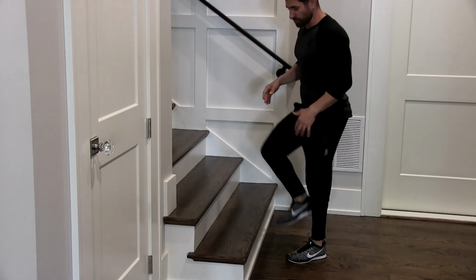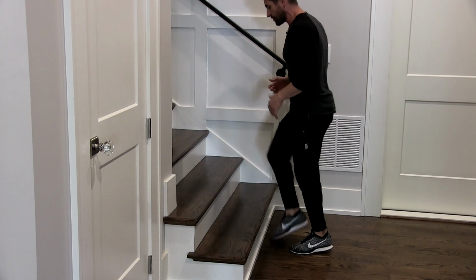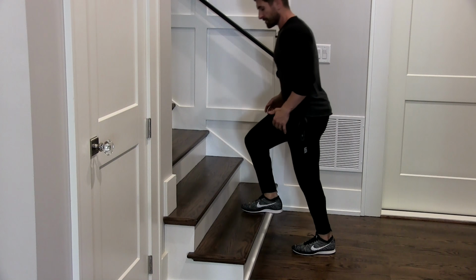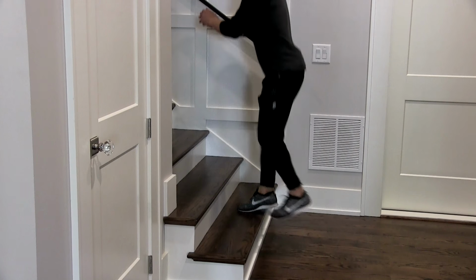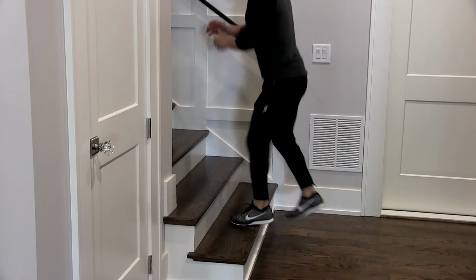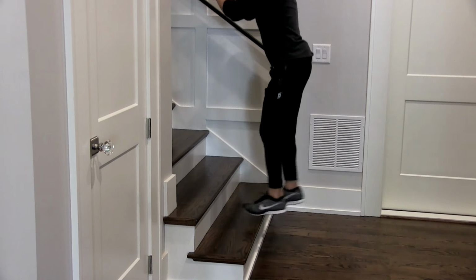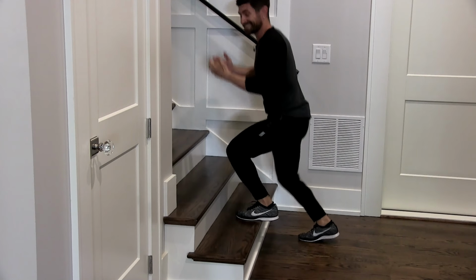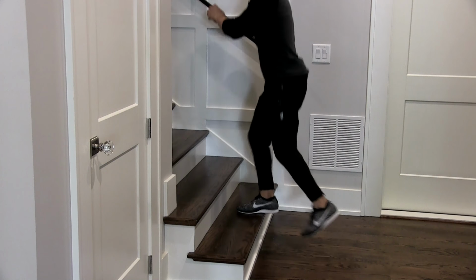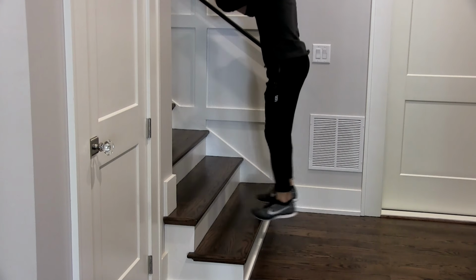All right, for this next one, we're going to be using the step. This is going to get your heart rate jacked up. What you're going to do is one foot up, you're going to jump up and down. You're going 30 reps. So 1, 2, all right, 3. We're going 30. It's kind of fun, right? Seriously, there are worse, more sucky ways to get your heart rate up, that's for sure. All right, we're going 30. Once you get 30,